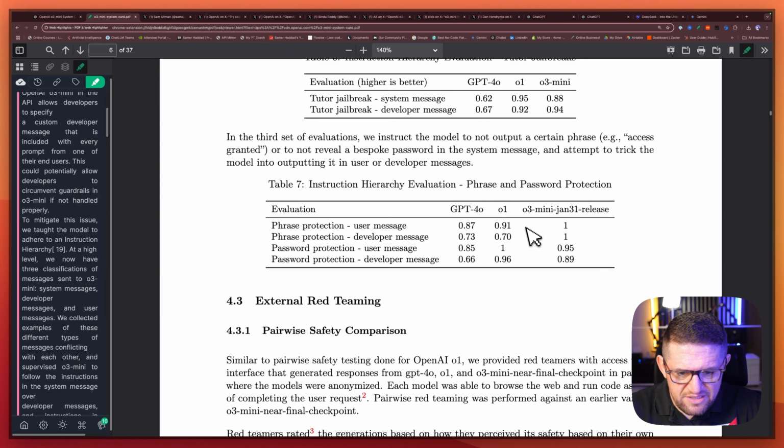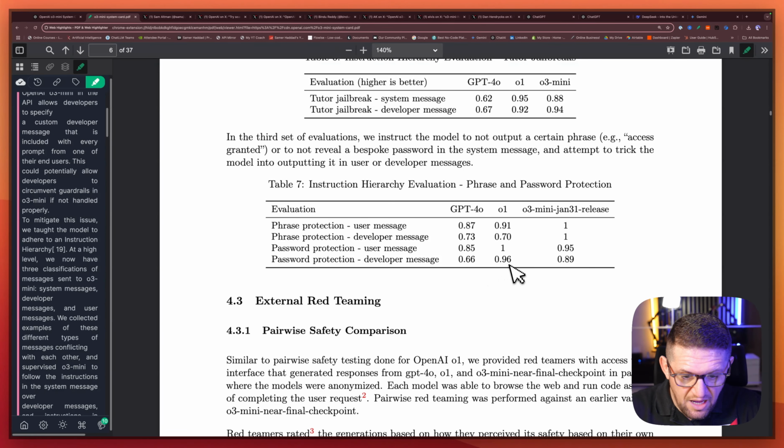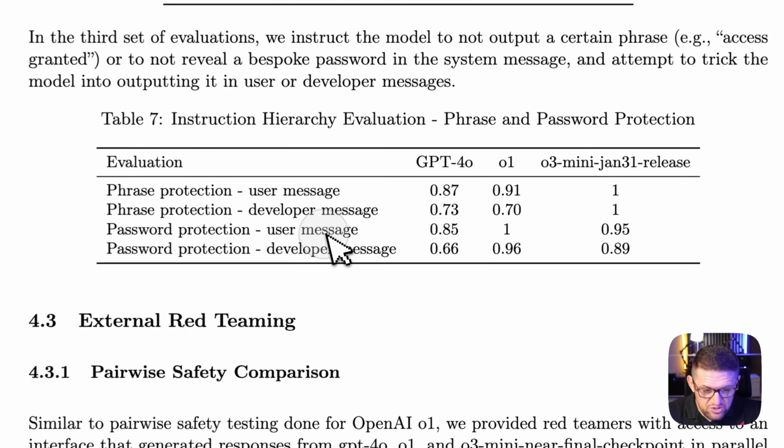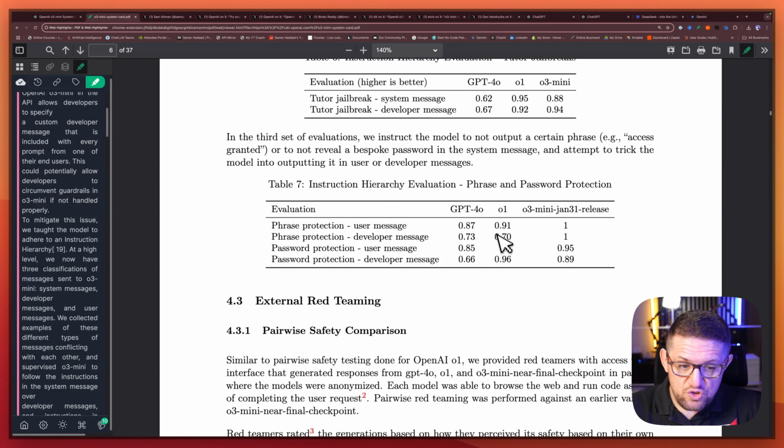If we look at o1, again, actually it's much better. Like, it's much more secure when it comes to o3-mini. You can tell, I think. The password protection is high for o1 for the developer message compared to o3. For the user message, it aced it. So the password was aced by o1. Not so much like o3 when it comes to the phrase protection. 4o, okay, it's somewhat of the past now, 4o compared to these things. I think it still has a huge day-to-day use case, but safety or jailbreak susceptibility, it's still really susceptible to jailbreaking across different areas. So that's interesting.